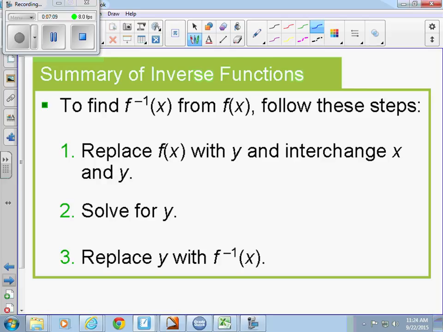inverse. Don't you remember doing that? I am solving for y. So that's how you find an inverse function. So that's inverse functions, and in the next one,